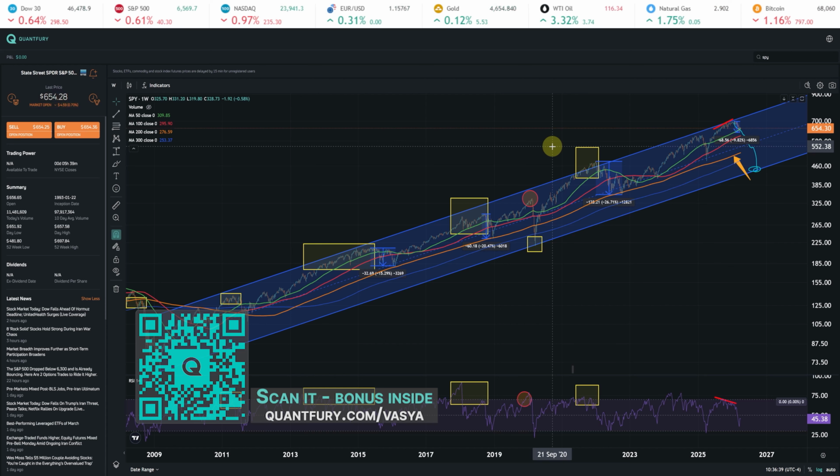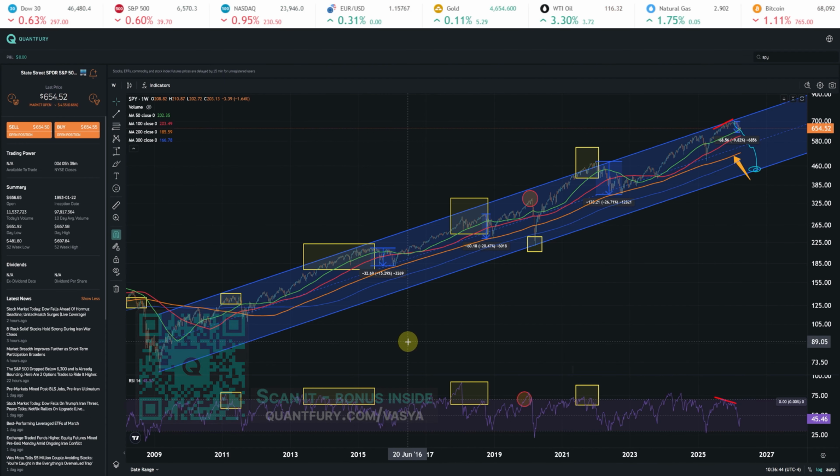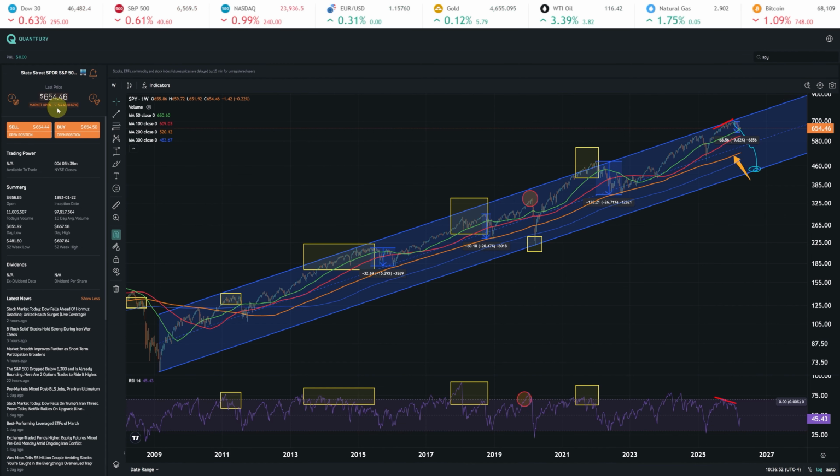In this case, we'll look at an ETF tied to the S&P 500 index because it has a long chart, no expiration dates, meaning no end of trading, and you just multiply this ETF share price by 10 to get the S&P 500 index value. Well, roughly, there might be a slight difference. So if we're talking about the current S&P 500 index value, it's likely very close to 6,542 points. I just multiplied the share price by 10.